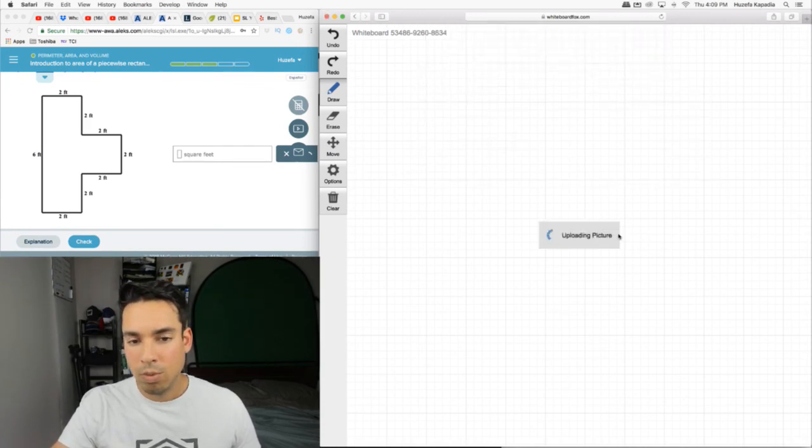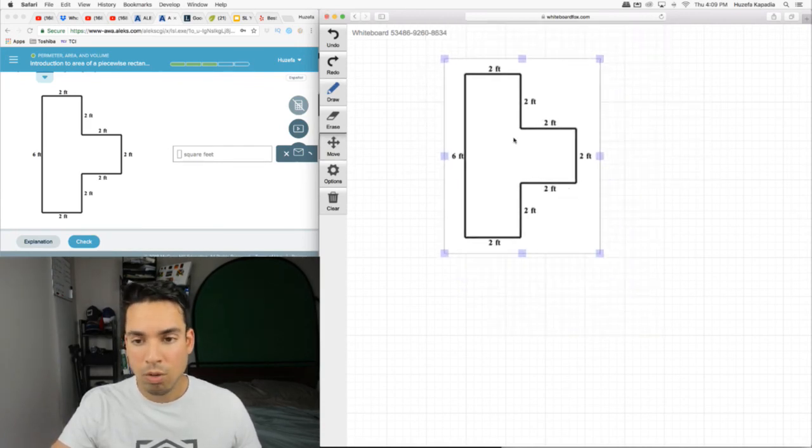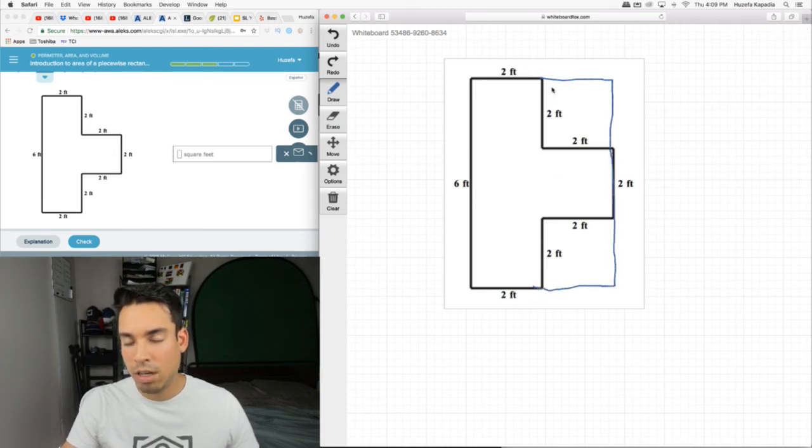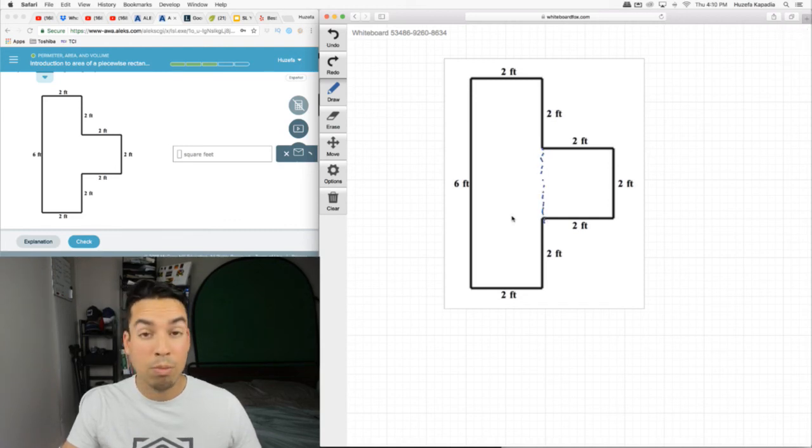Now again, with this one, I can do the addition method or subtraction method. I'm going to do addition, but I'll show you. If I wanted to do the subtraction, all I would do is I would extend this out, and be like, okay, we have one giant rectangle. I'm subtracting this piece and this piece. Could do that, but instead, I'm just going to cut these into 2 rectangles and compute them separately and then